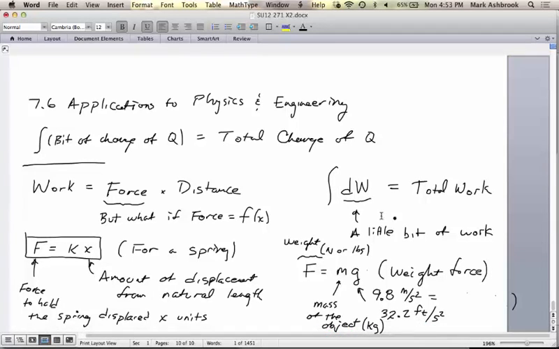So kilograms and pounds are apples and oranges. Kilograms is mass. To get the force of gravity, you have to multiply the mass times 9.8. Pounds is force already. It's weight already. So if you have pounds and you want force, that's it. Does it make sense? Remember this from physics? Does that agree with what you've learned before in physics? Okay, so